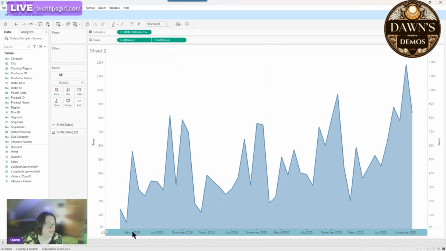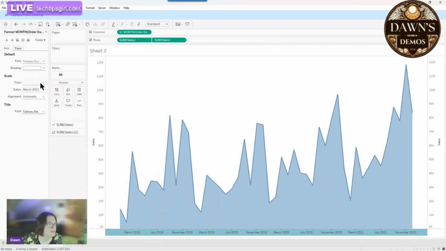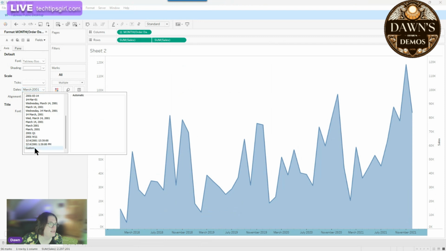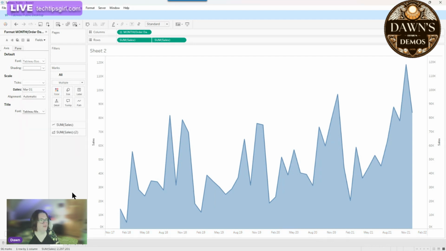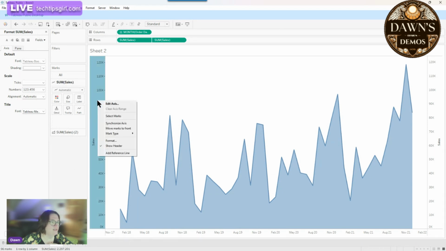And then I'm going to right click on the bottom axis again and select Format. And I'm going to change that date to those 3 lowercase letters, a space, and then 2 Y's. So we've got 3 lowercase M's and then a space and a Y, so that's the 3-letter month. Okay, and then I'm going to right click on the first sales axis and then uncheck Show Header, so it